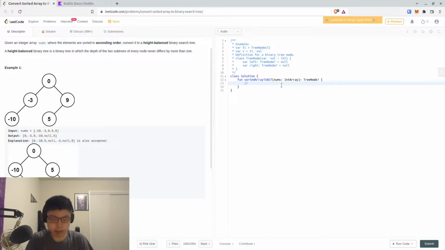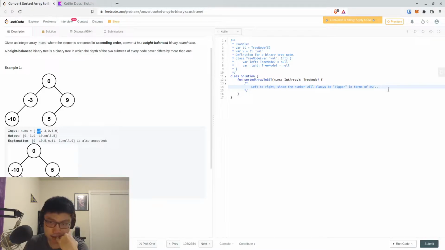If we just went left to right, since the number will always be bigger in terms of BST,